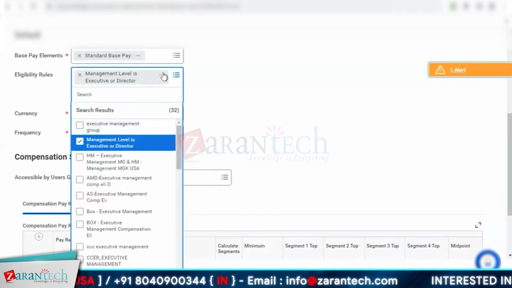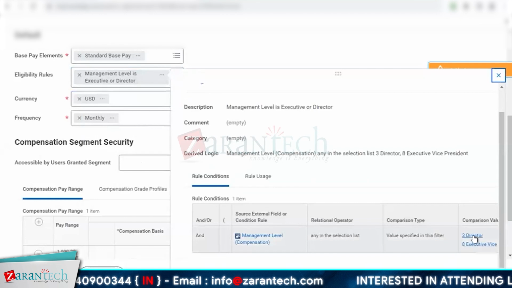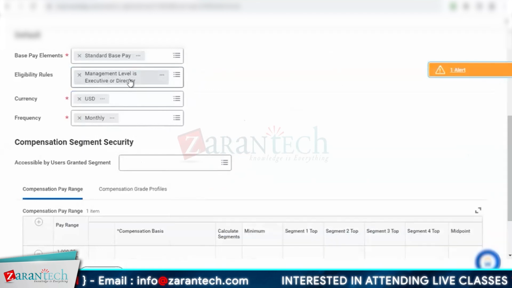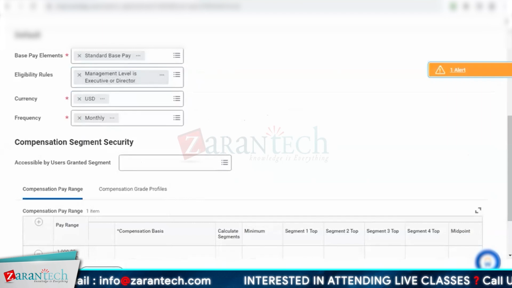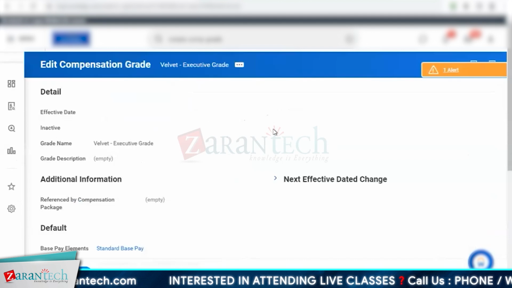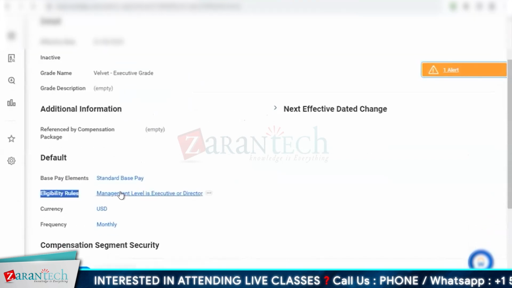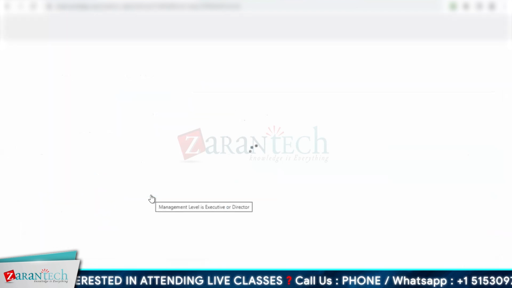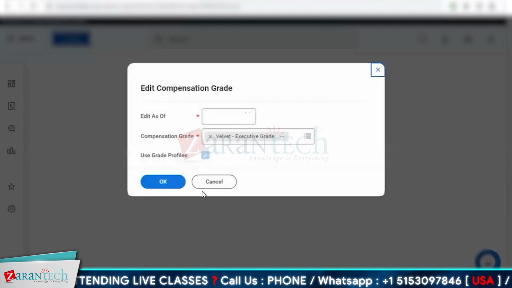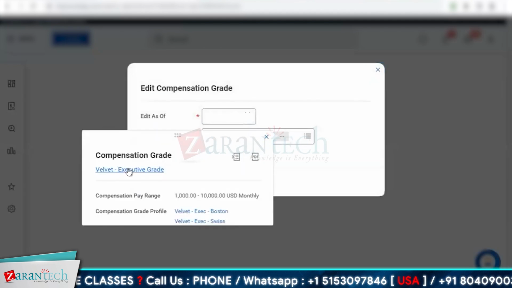Management level is executive or director. This covers these management levels, which is executive and director. So any executive or director now hired in the company, the way the system will evaluate these eligibility is it will first check this eligibility rule, whether that person hired is an executive or a director. Once that eligibility rule is met, then it will go to your grade profiles,